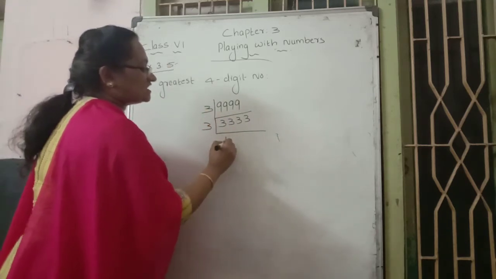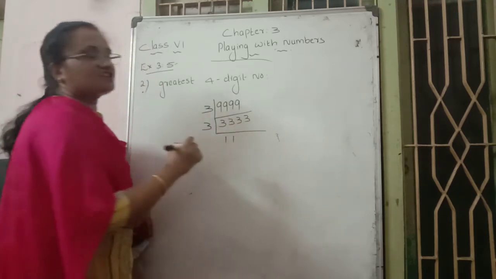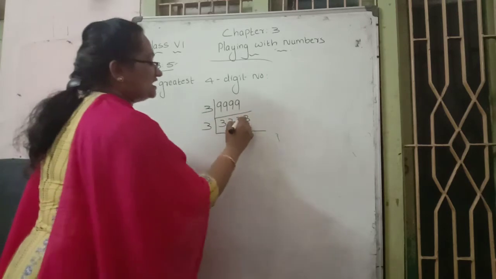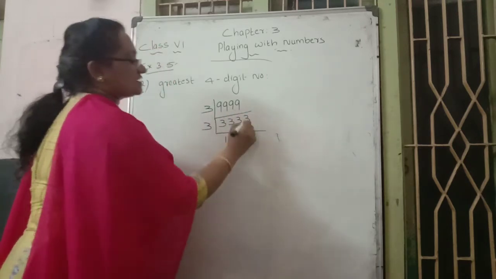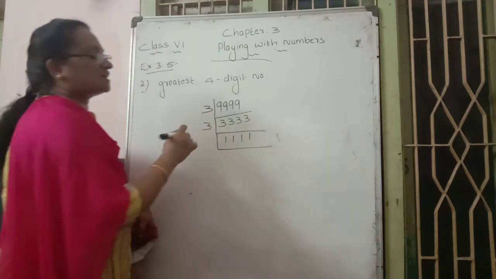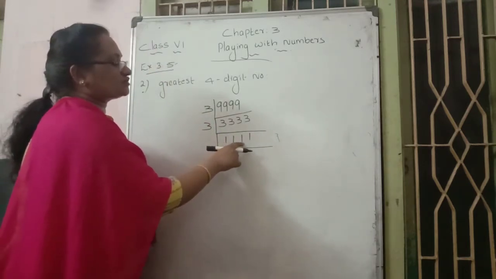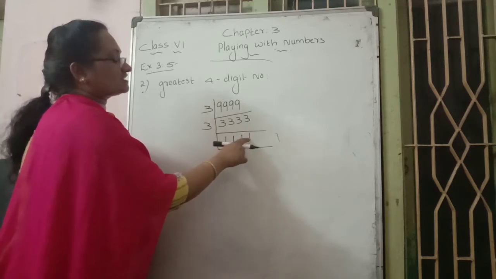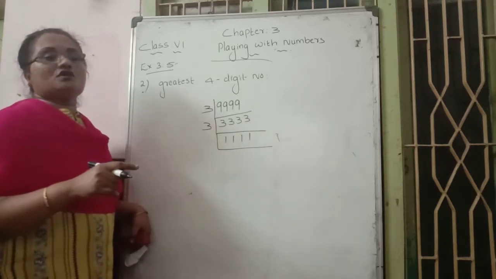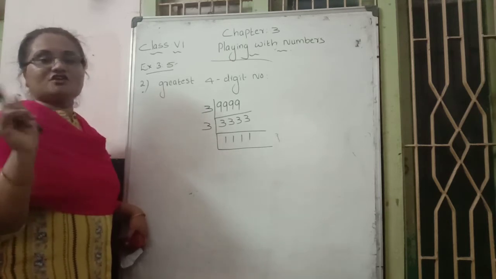In the 3 table, 3 into 1 becomes 3, 1 time. Again, is it possible to divide by 3? Divisibility test: checking 1 plus 1 is 2, 2 plus 1 is 3, 3 plus 1 becomes 4. 4 is not a multiple of 3. That's why 3 is not possible.